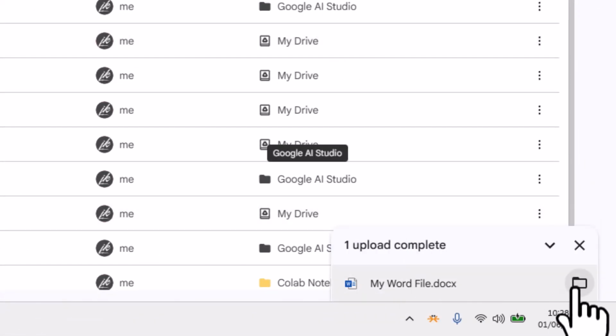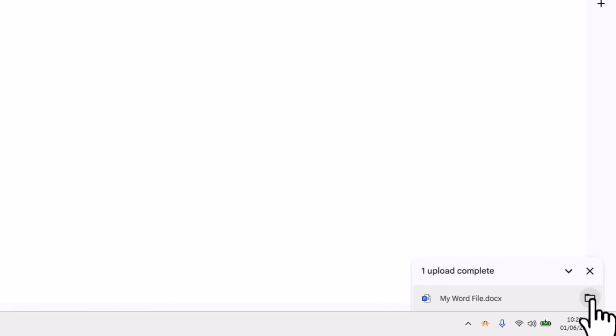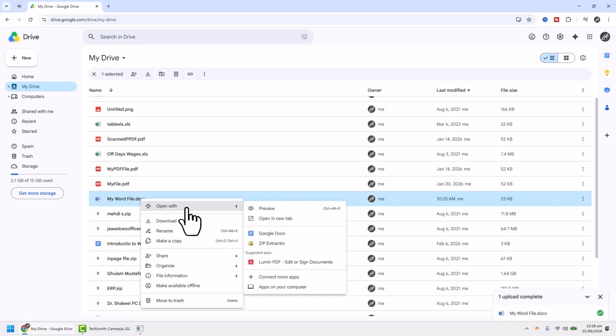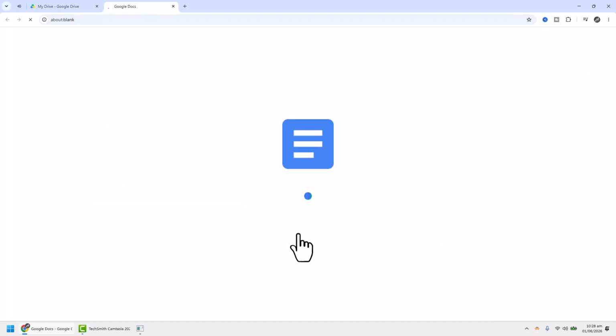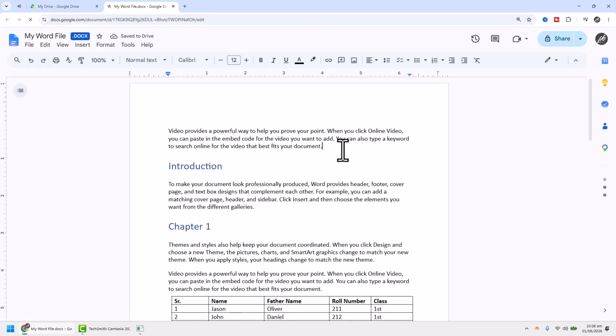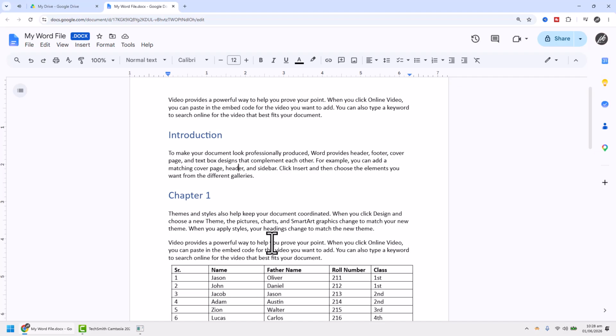After the upload is complete, locate the file in Google Drive and right-click on it. Choose Open With and select Google Docs. Google Drive will automatically convert your DOCX into a Google Docs document so you can view it and edit it online. Take a moment to check the document and make sure everything looks correct, including text, images, tables, spacing, and